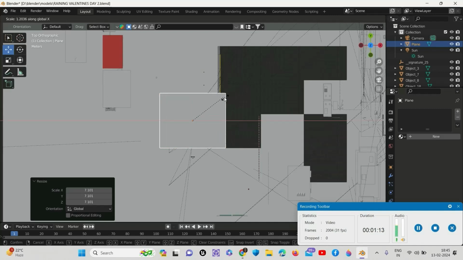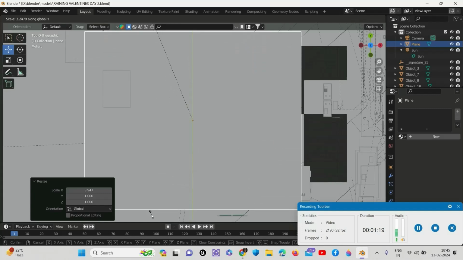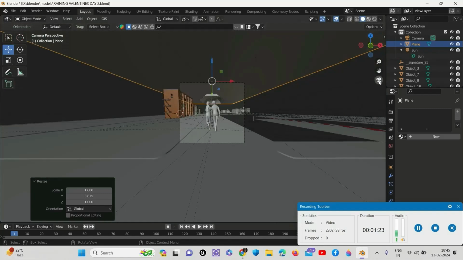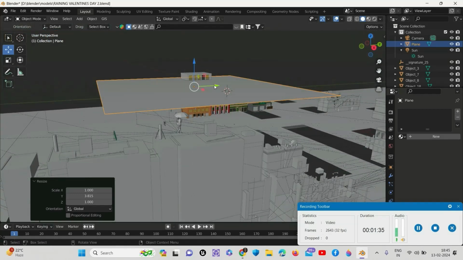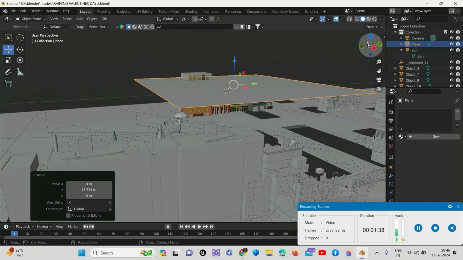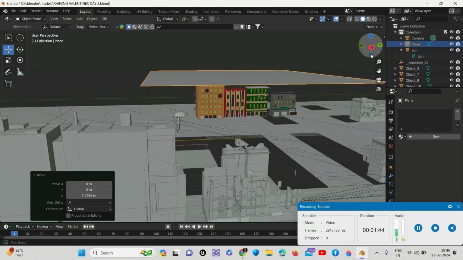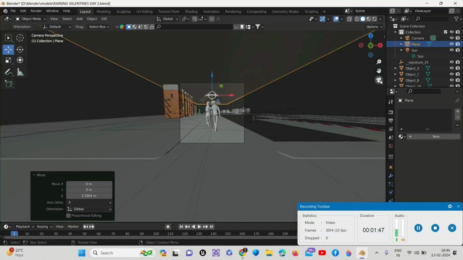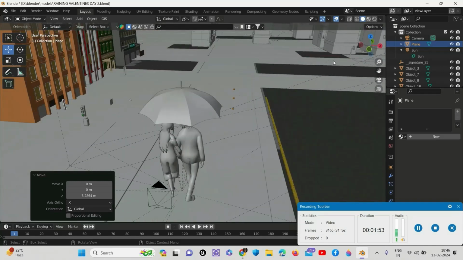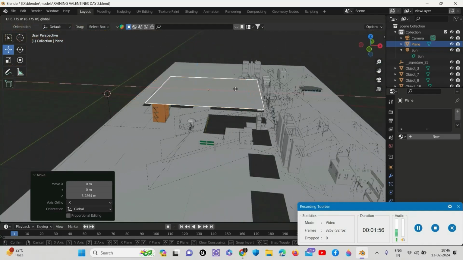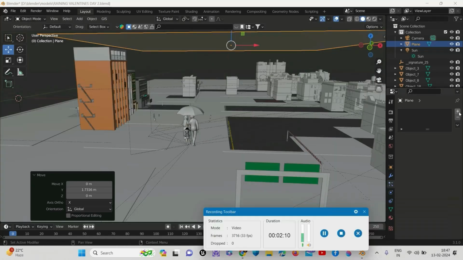Scale it in the x direction, y, and all right. Now let's apply particle system,